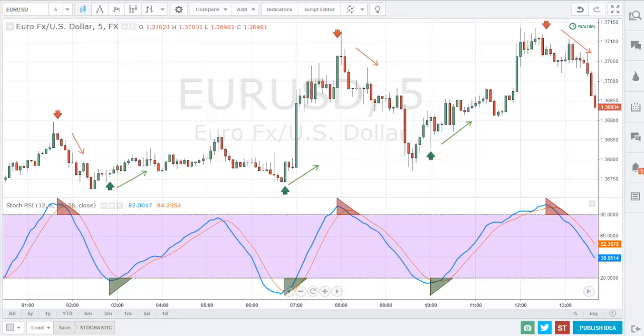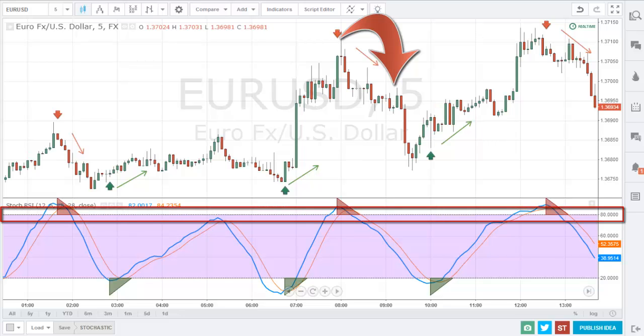Now, how to use this indicator? Say you saw a setup and decided that the price will go down. Now check where the stochastic lines are. If they are in the 80 zone and starting to move down, it means that your prediction is confirmed by